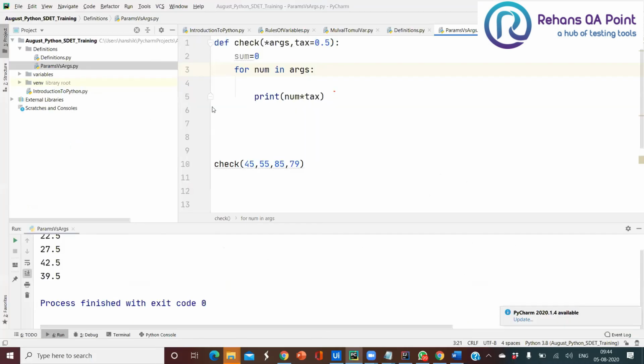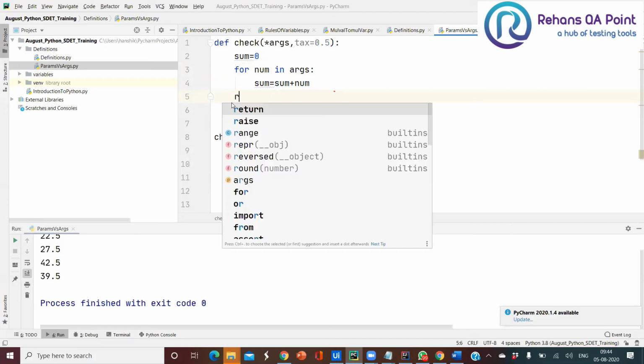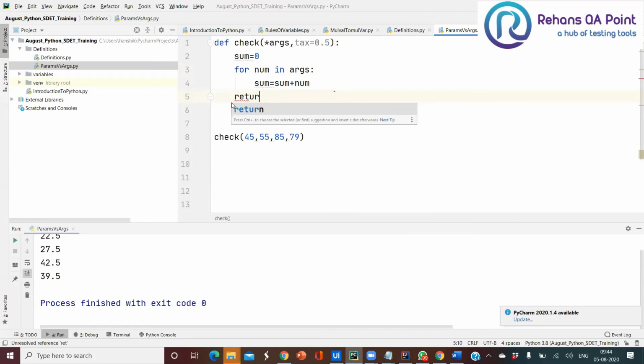So for now, let me take the same example that we wrote. What I want to do here is send back the total tax amount calculated on the rate. I'm storing all my output inside a variable called sum.